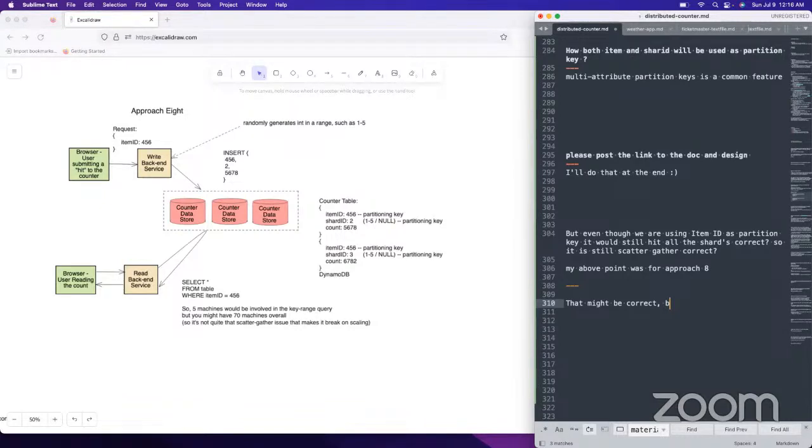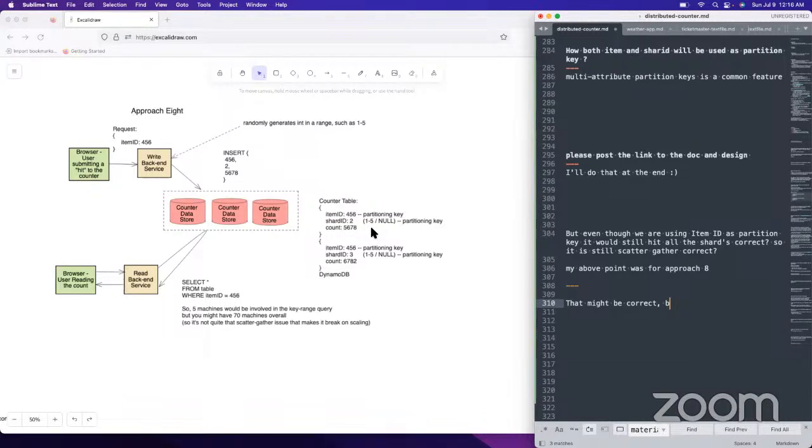While in this case, since we have at least part of the partitioning key, it would actually be able to scale just fine, unlike the cases where you don't have any of the partitioning key in the query. For example, if you were trying to find all the records that have a count of exactly 5678, that's not part of the partitioning key. And so you end up having to look through every single machine to find it. Even if it was part of the sort key, on each individual machine it would still be log n, but the key there is that you're hitting all the machines.